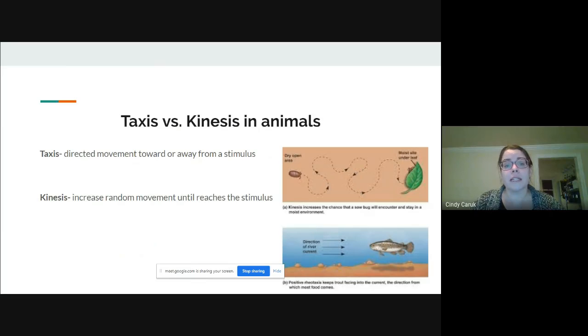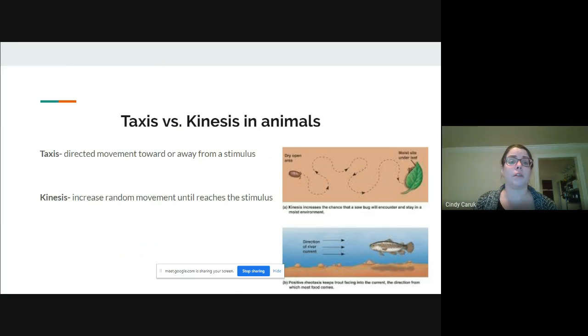Taxis versus kinesis. Taxis, we talked about, is a directed movement away or toward a stimulus. You see that here, so the example we used in class with rheotaxis. So it's directing toward the current. Whereas kinesis is a random movement until it reaches a stimulus. And that's what we see here with the pill bug or cell bug. It's randomly moving from a dry area to a moist area under the leaf because it needs that in order